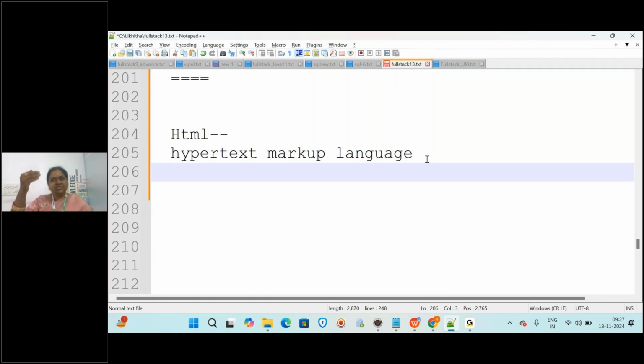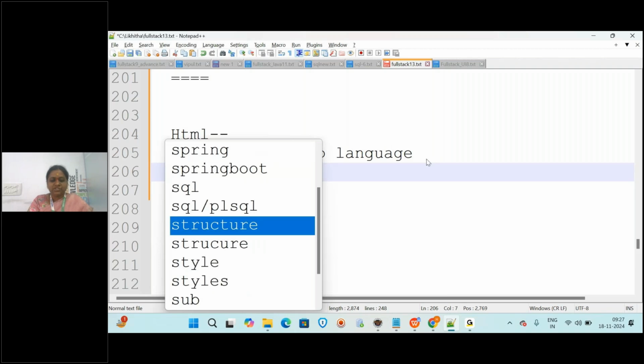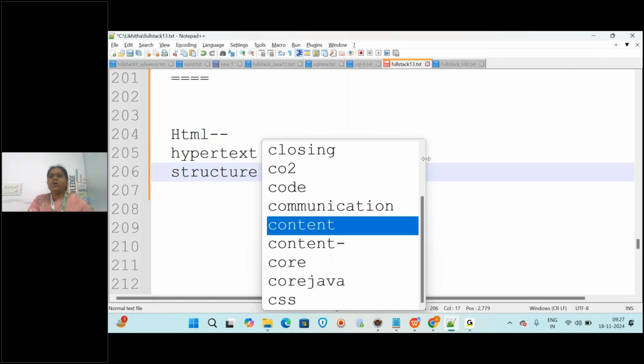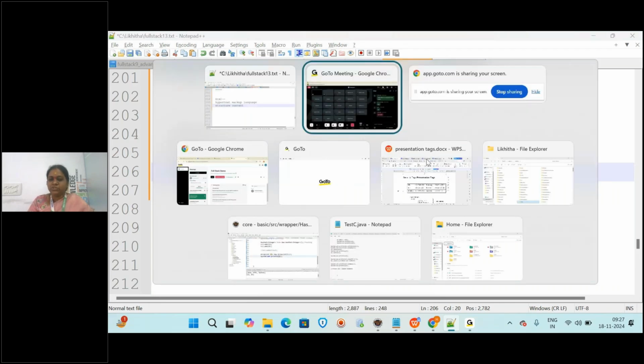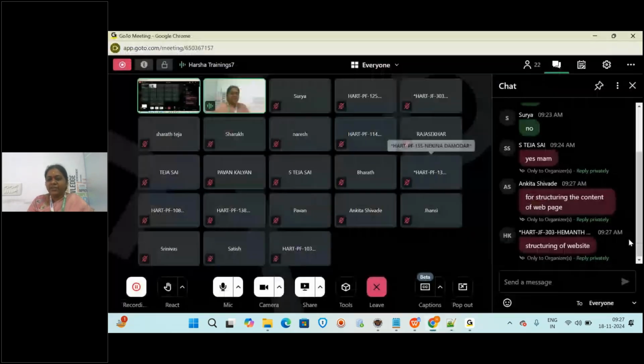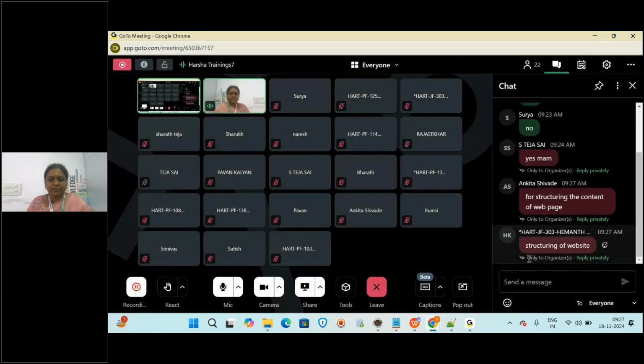But it is arranged in a proper structure, yes or no? So mainly the use of HTML is to structure the content of the page. Whatever content you are displaying on the web page, to structure that content we are using HTML. Yes, correct, a few people told.